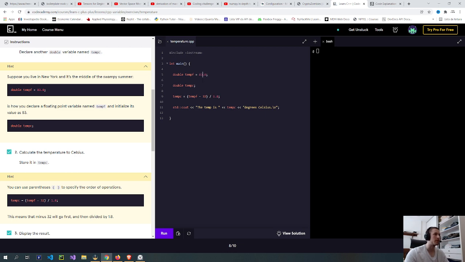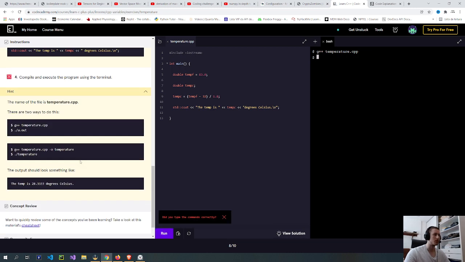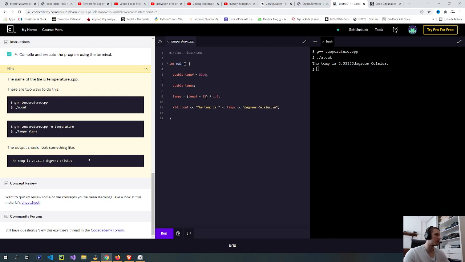It doesn't make sense to be the value, but let me try now. Now, apparently it is working. So I guess the problem was that I needed a space here that I didn't put, but whatever,